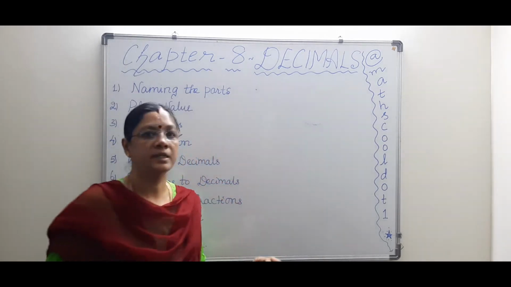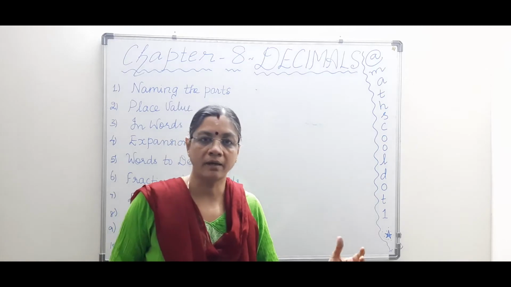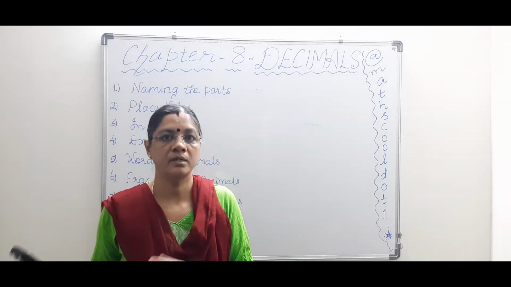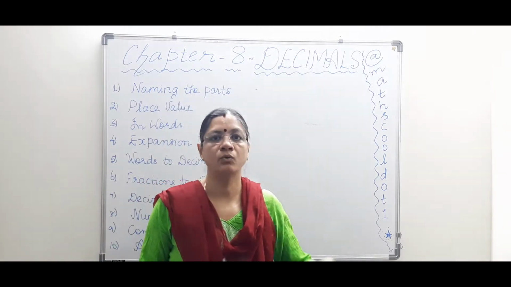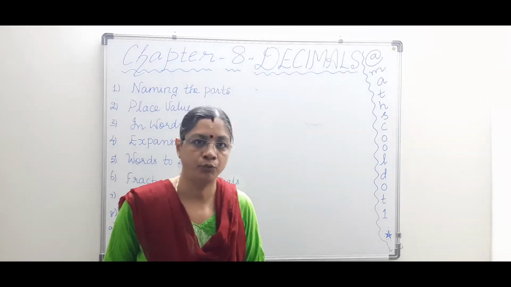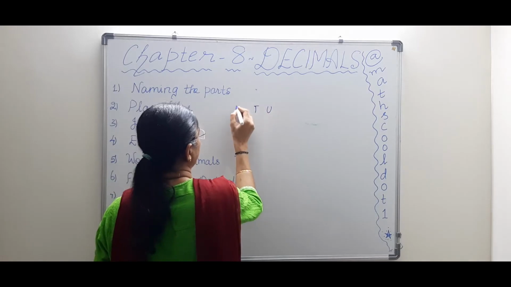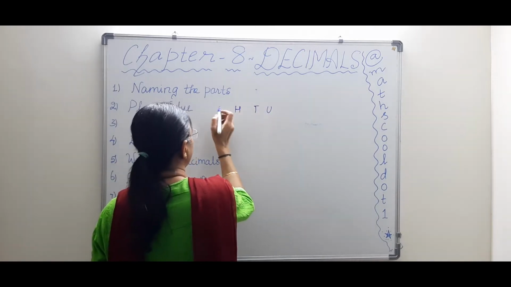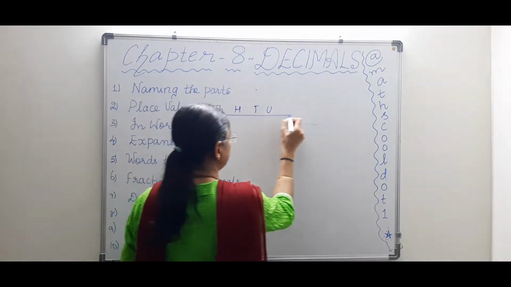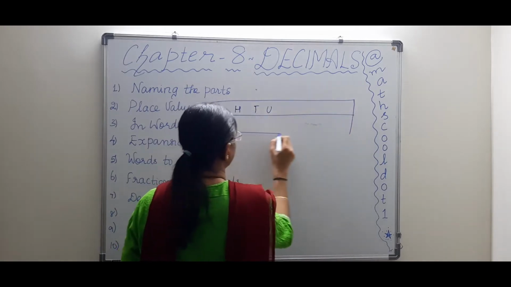Okay, just like we have place values for the whole number, starting right from units place, tens, then hundreds, thousands, 10,000s, the same way we have place values for decimal numbers also. Okay, so we'll make a chart so that it will be easy for you to understand. First I'll start with the whole number part. Units, tens, hundreds and thousands and so on, you know this. And for the decimal part,